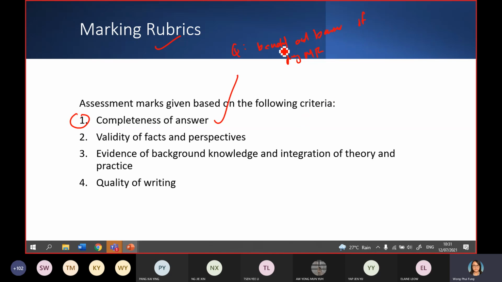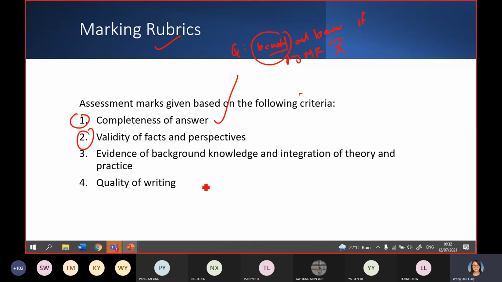The question asks benefit and barrier, but then you only answer benefit. You didn't answer barrier. Then that is not complete already. So you will get low marks in this portion because it shows that you only understand benefit, but you didn't answer barrier, maybe because you don't understand or you try to ignore. So that is under completeness of answer, to show whether you understand the question or not, whether you answer all parts of the question or not. That is the first part.